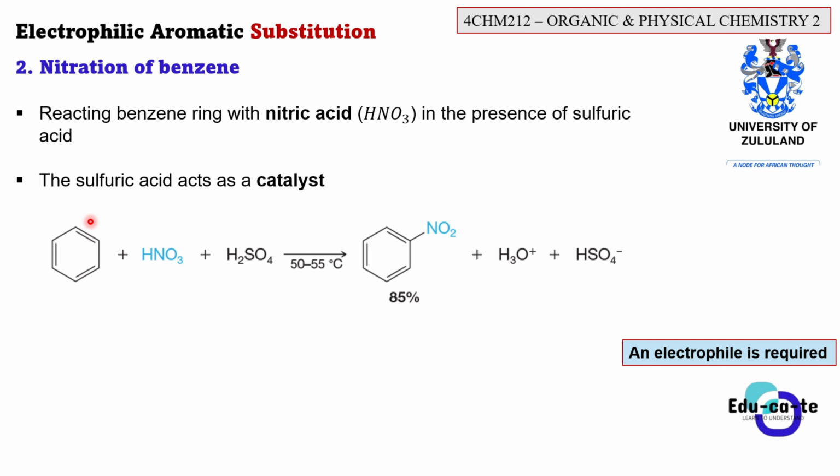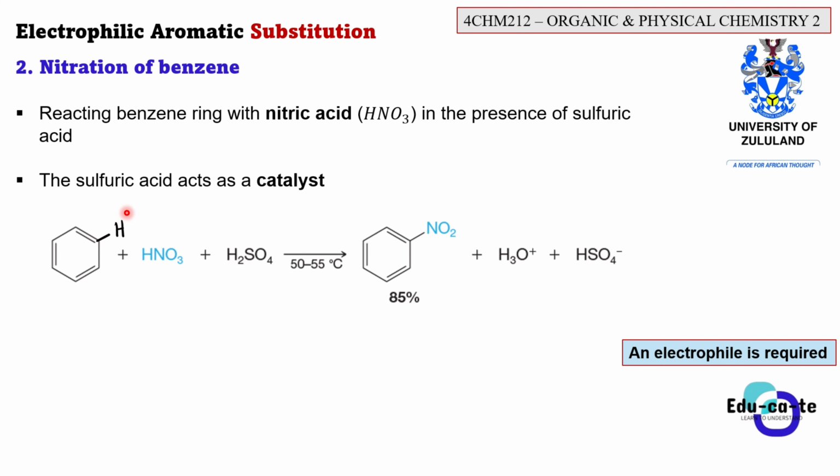So this benzene ring has a hydrogen at this particular position. You need to always know that each and every benzene ring consists of 6 hydrogens around it. So there's a hydrogen here, here, here, and so on. But I'm only going to draw this one because it is the one that we're going to replace with an NO2 group.